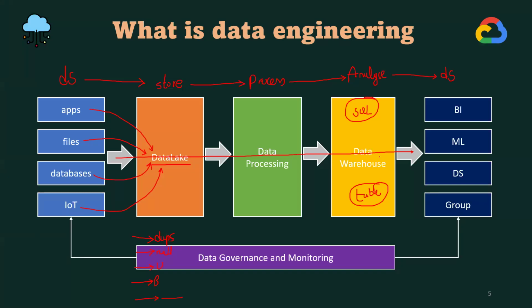Because whatever data we're getting from the data source, see, as a data engineer I can get the data and process it and send it, but it doesn't mean that you have done your process properly. You need to ensure that whatever processing you have done, it is legit, it is accurate. So that is where it is taken care of in the data governance, right? So data governance and monitoring is a very important step.